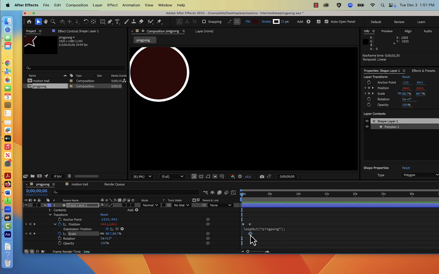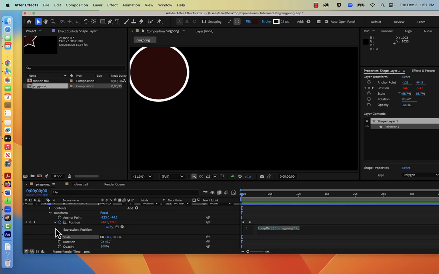And basically all I did was add this code, loop out ping pong, in the position. So I'm going to add another effect here, and then I'll show you how I did that. So if I go back to my scale, if I option-click here, there's another